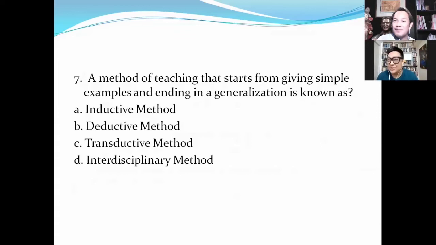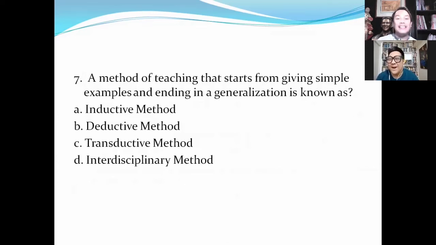Sir, hulaan ko, sir. Okay na ba maghulaan muna ako dito? Of course. Sir, ganito ang gawin mo. Tanggalin mo muna yung obviously wrong. Ano sa palagay mo yung obviously wrong dyan? Sir, parang dalawa lang pagpipilian ko, A or B lang. Okay, C and D, masyadong malayo for you. So, very good. So, 50-50 ka na kaagad. Okay, sige. And then, sir, my guess is inductive kasi from simple to general. Precisely. Kumbaga pa-complicated. Okay. That is the right answer.